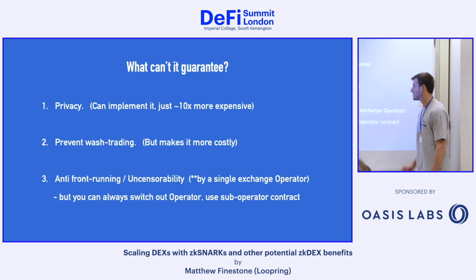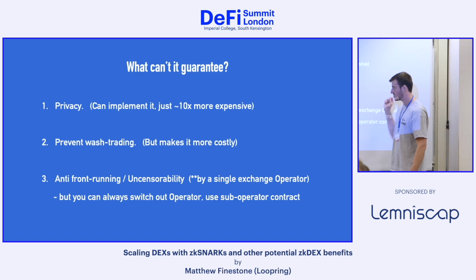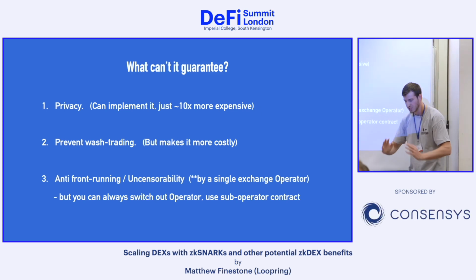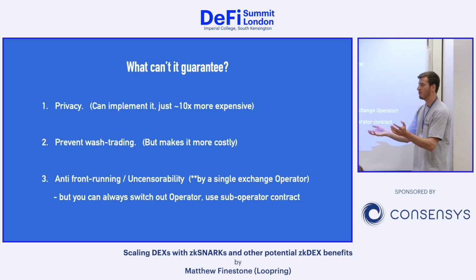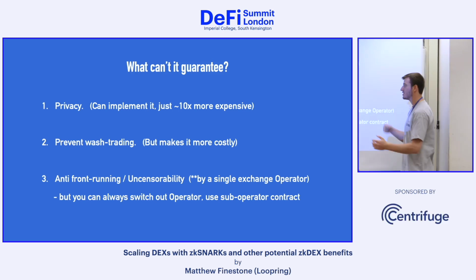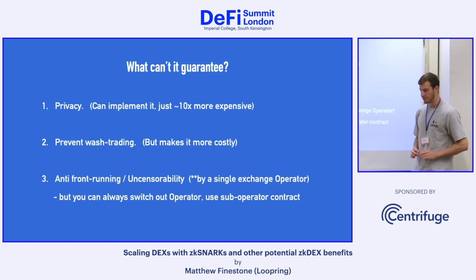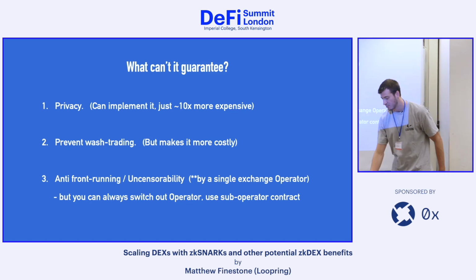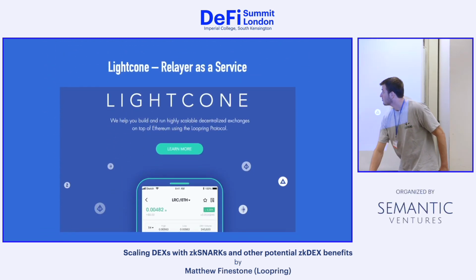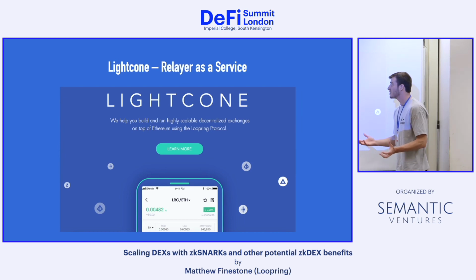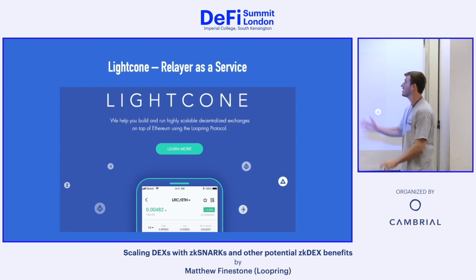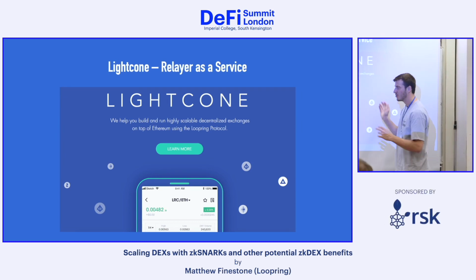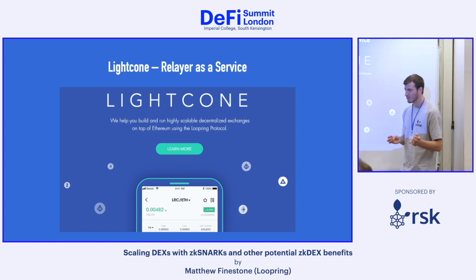One thing you could also do is, instead of sending all these batches of transactions to a single operator, you could have a contract which has a bunch of sub-operators in it that vie for a chance to submit that proof. So maybe we have a bunch of operators, each trying to win a slot to make a proof. And this is just one thing. One thing we're spinning out now for the first time, which is kind of cool, is a relayer as a service. We call it Litecoin. This now means all that zero knowledge stuff and the order books and the matching.